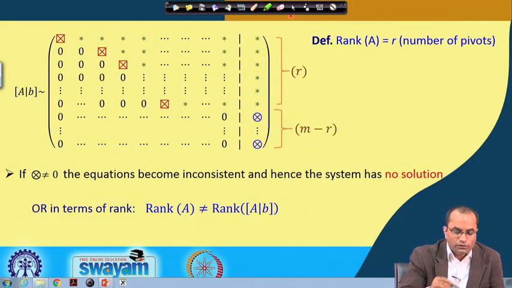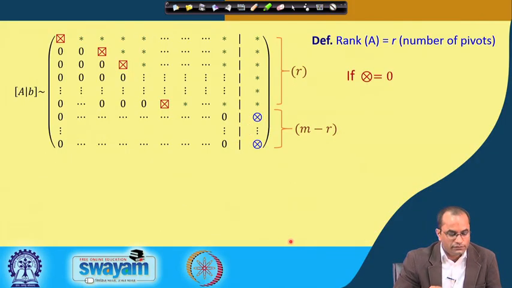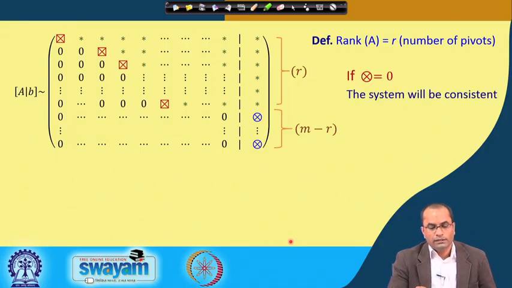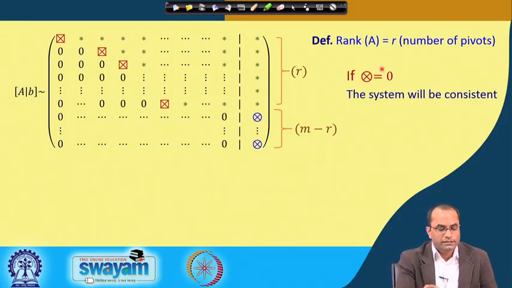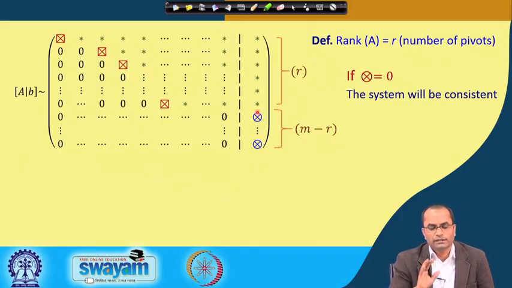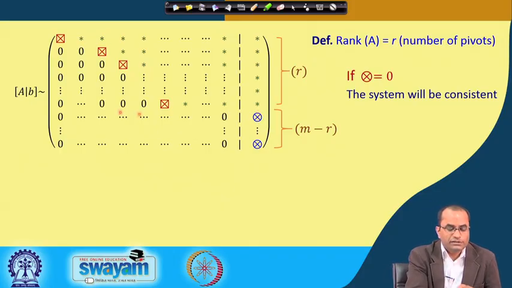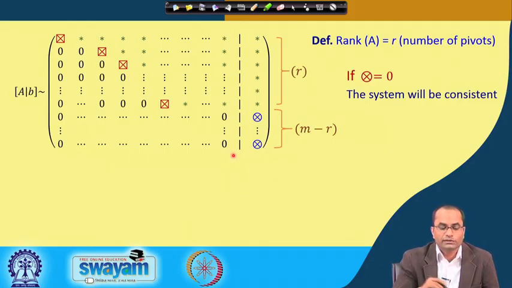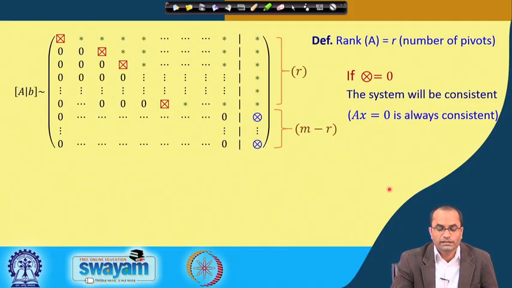Clear. So, now moving further, the next possibility will be when this is 0. If these elements are 0 here, then the system is consistent, because there is nothing like 0 equal to non-zero in that case. So, if these are 0, then we have two possibilities, and one more point to be noted, because Ax